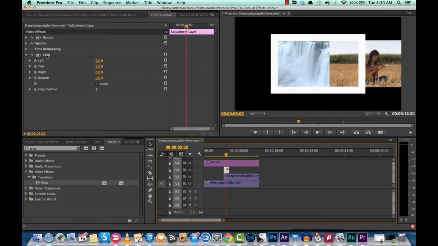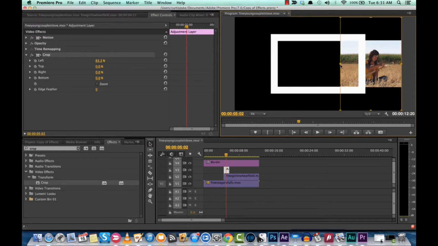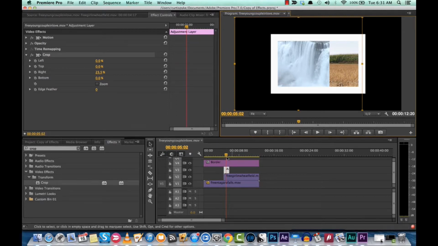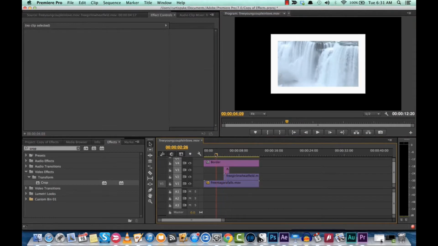So go to the crop effect, click on it, and let's crop out what we don't want. So that's the wrong way, that's not the crop, so let's crop it like this. Okay, so we're going to crop it somewhere in the middle of the frame. That doesn't matter because the frame is above the adjustment layer. Now watch what we have here. So we've got the footage looking nice, adjustment layer,